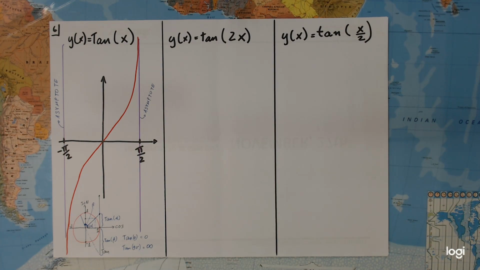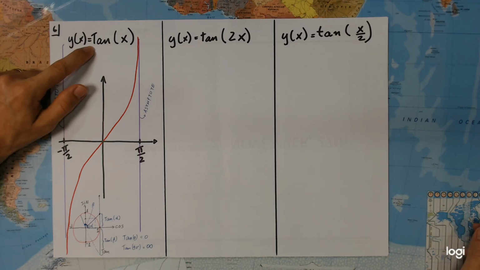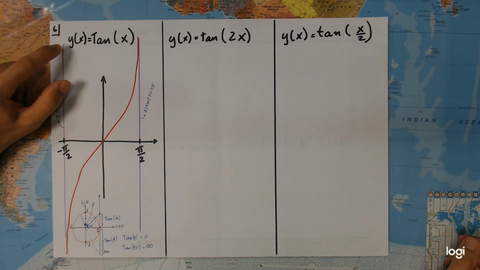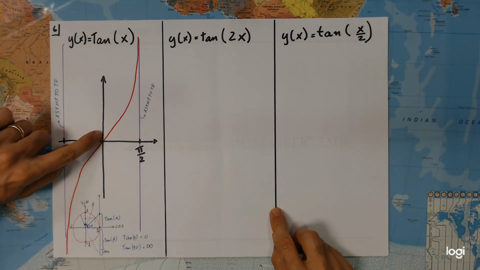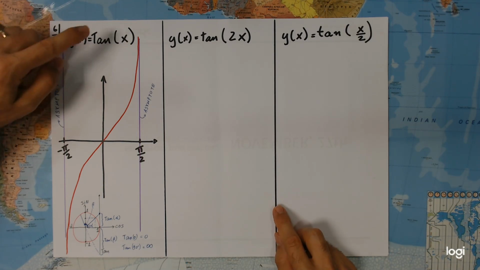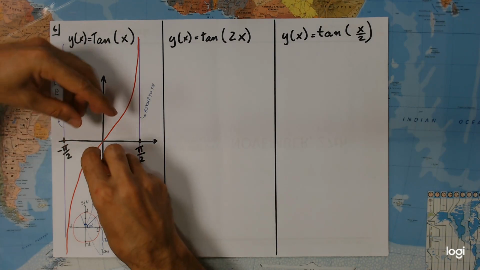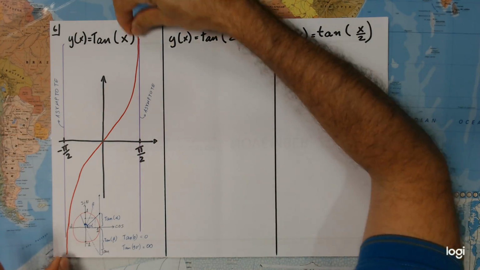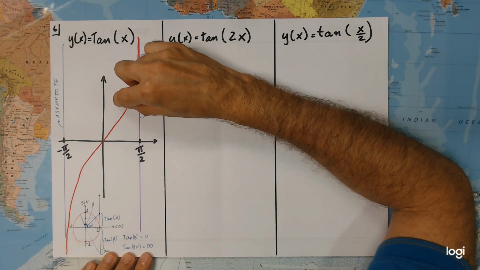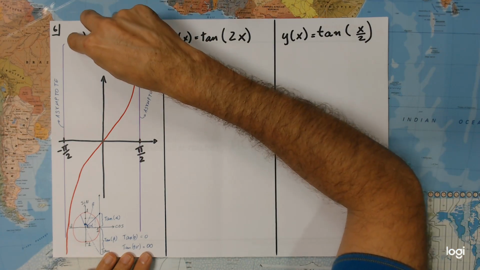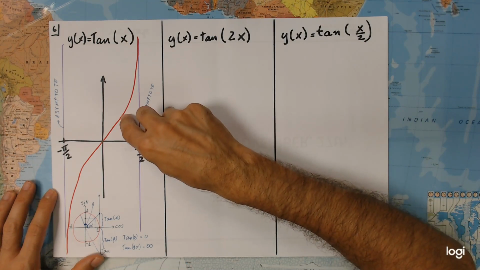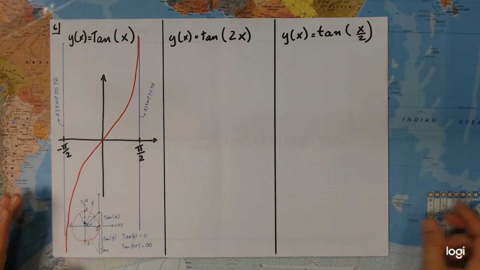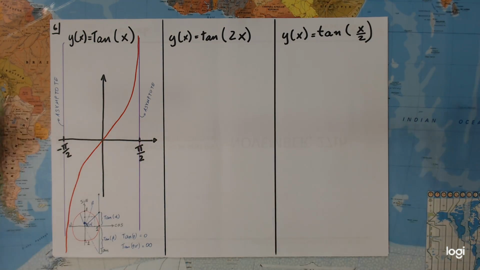Like I said, there is not much point in changing the amplitude. If we just increase it, let's suppose y of x is 2 tangent of x, the chart is going to be a little bit like this. We are just stretching up, like a line. And let's suppose y of x is tangent of x divided by 2. It's just half. We're just taking this curve and bringing it down here. I'm not going into details because it is supposed to be a very simple